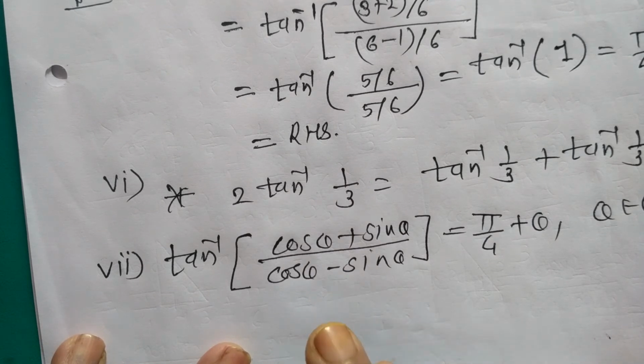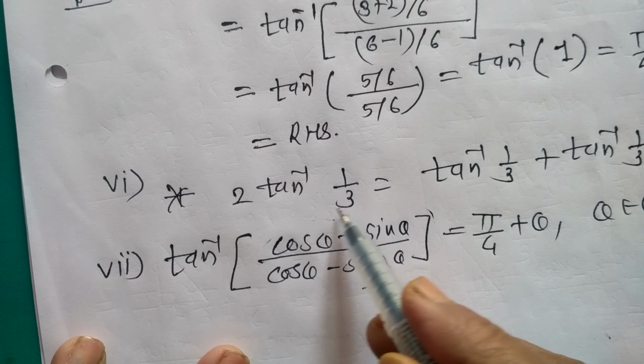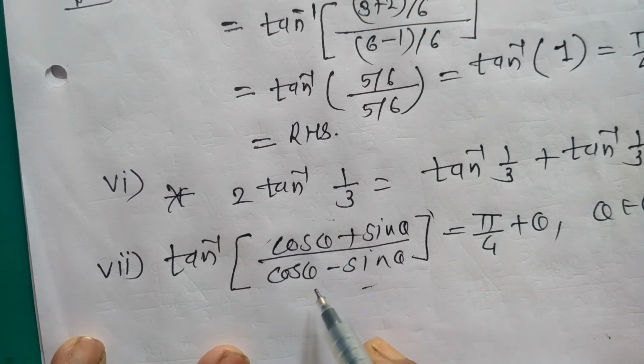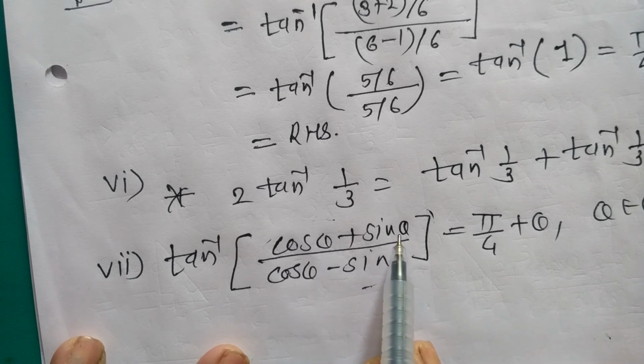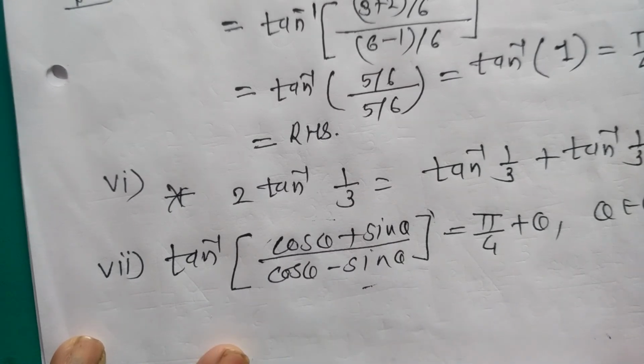solved an example on this topic in the derivative of inverse trigonometric functions, because this is a result from 11th standard. When we take the addition of cosine with sine and the difference of cosine with sine, that gives the result of tan, meaning we may adjust that result as 1 plus tan theta and 1 minus tan theta. Once you take that as 1 plus tan theta upon 1 minus tan theta, that is the result for the tangent ratio of the angle, as 1 can be replaced by tan pi by 4. So we adjust this result as tan of pi by 4 plus theta, and that tan cancels with this tan inverse, and we get the direct solution.